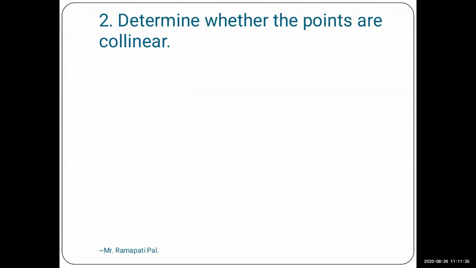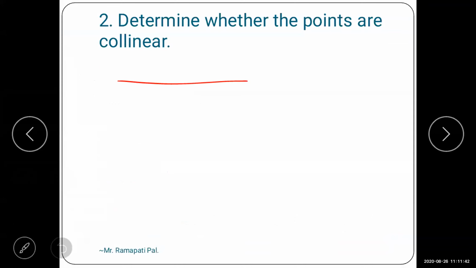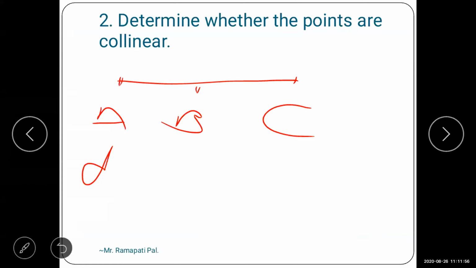And I told you about collinear points. So we have to find out the collinear points here. Determine whether the points are collinear or not. Suppose a distance is there. Suppose the points are A, B, and C. So as you know that distance AC is equal to